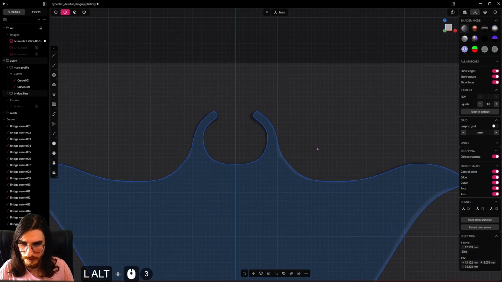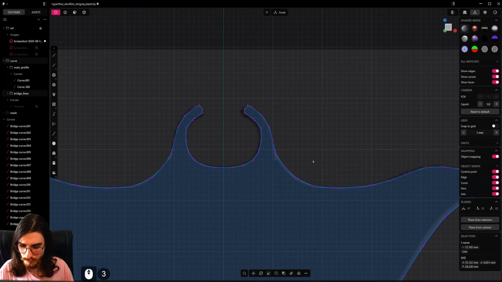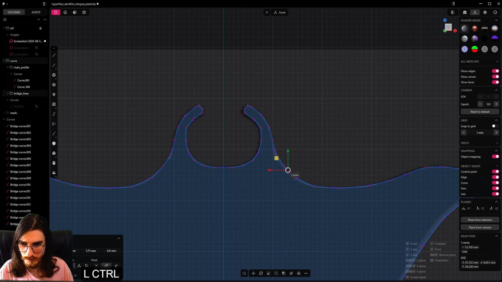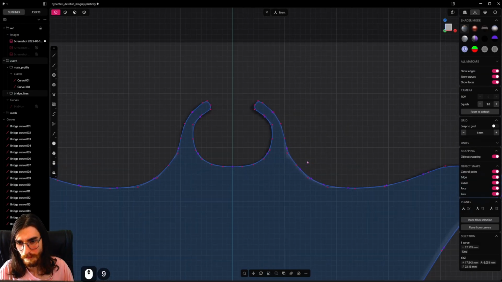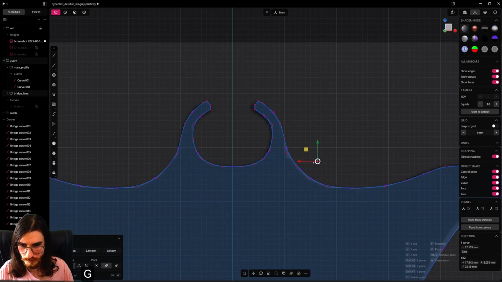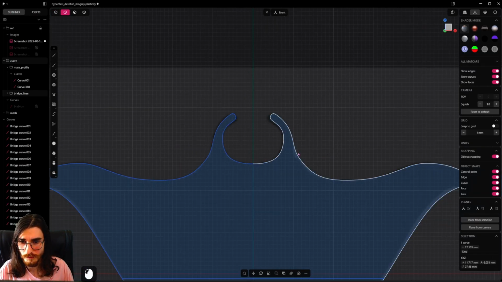Yeah, and now I can try to Shift D it, G, and move somewhere here, and do the same, Shift D and move it over here a bit, and one more, G, and over here. I think it's okay. And now I can hide this profile back,